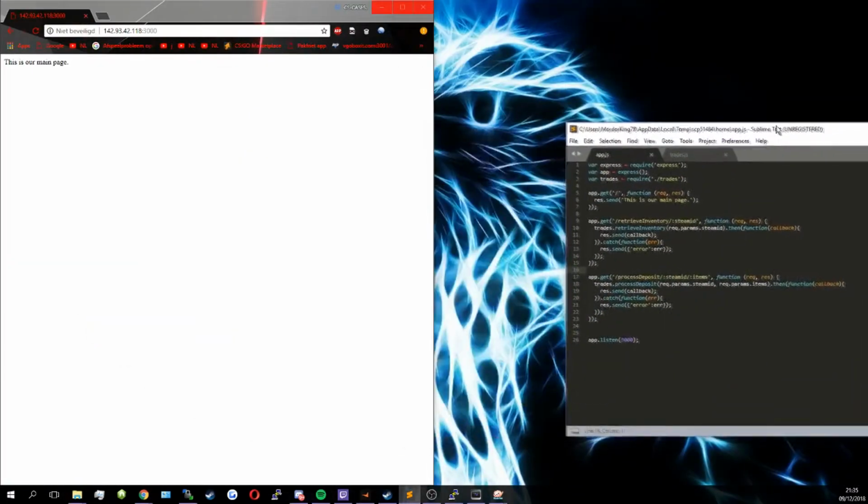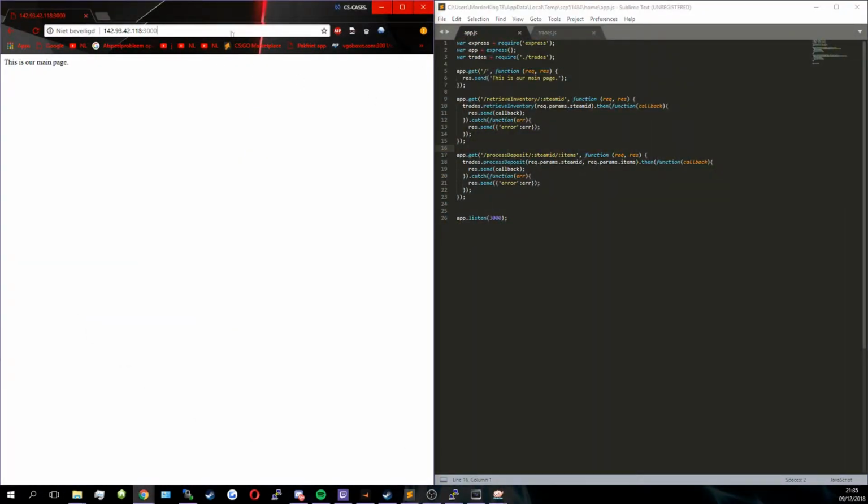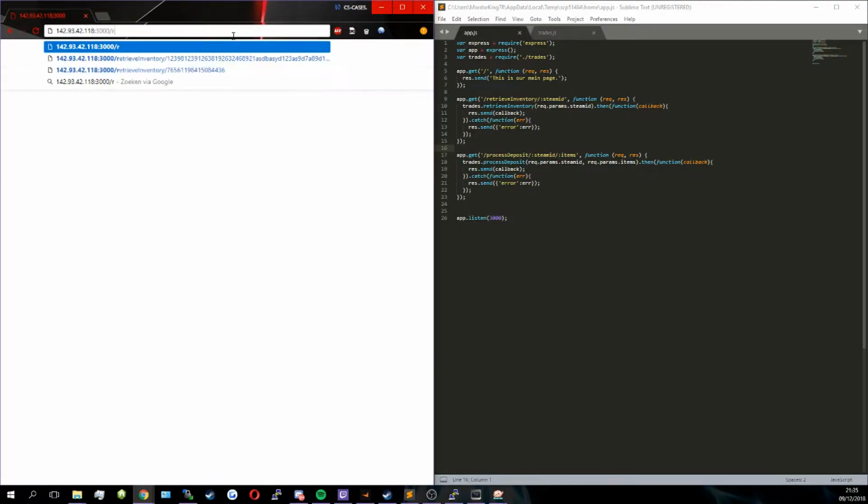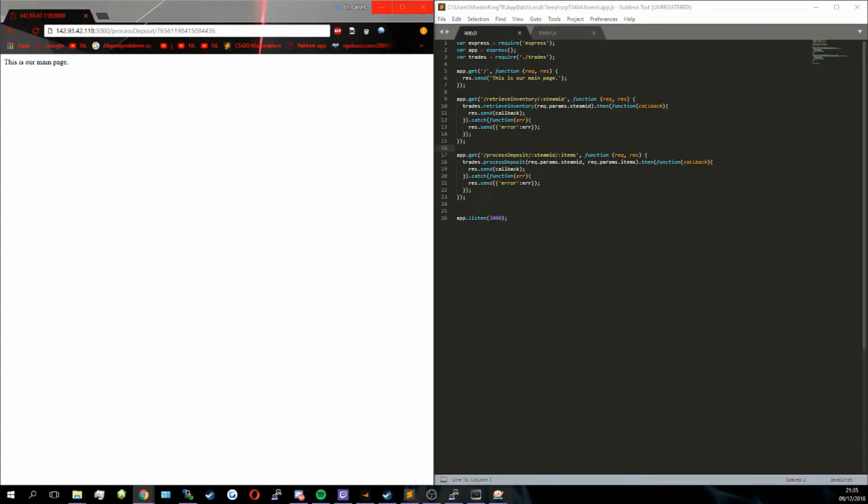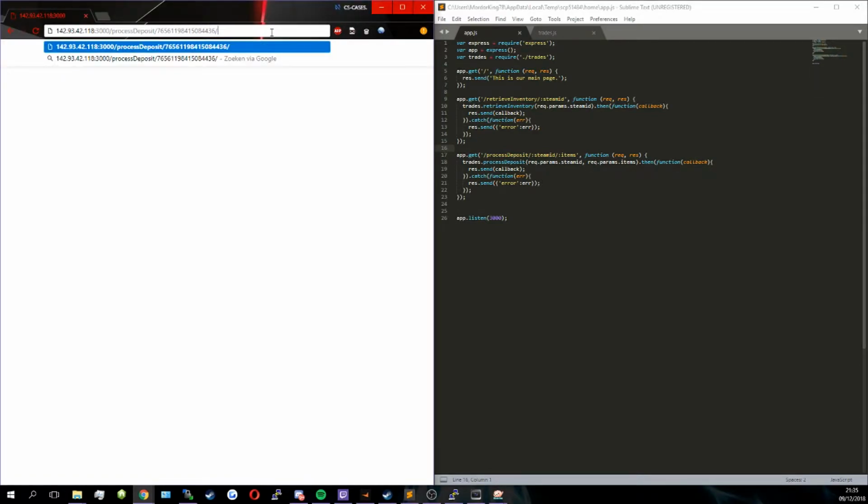And now let's see what our endpoint was. So now if we call process deposit with the Steam ID, and then we will need an array of items like so, but because I do not know the item ID, we cannot send it. But let me just show you this first. It's going to say an error because this 1, 2, 3 item is not in our inventory, which is correct. We don't have an item with an ID of 1, 2, 3 or